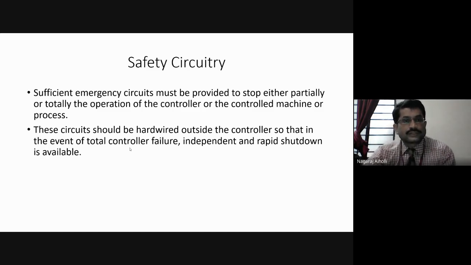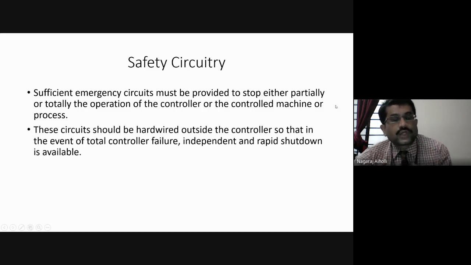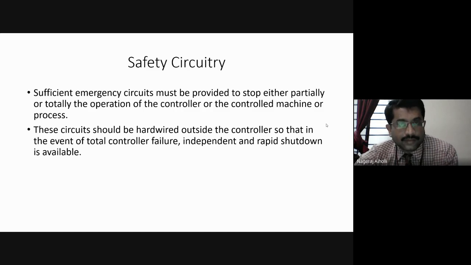Okay. So sufficient emergency circuits must be provided to stop either partially or totally the operation of the controller or the controlled machine or process. What it means here is that sufficient emergency circuits must be provided to stop the PLC partially, so that we can repair it without the operator getting affected.